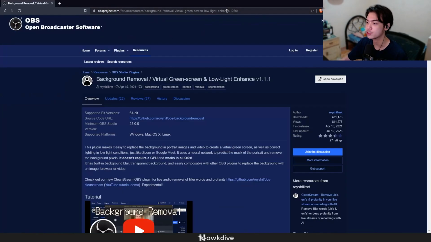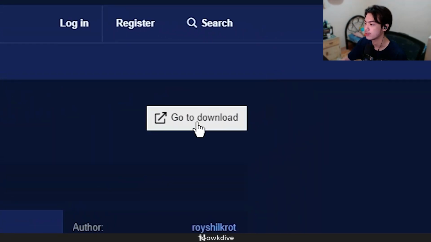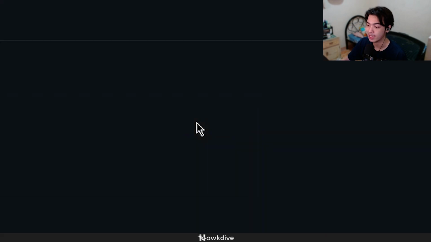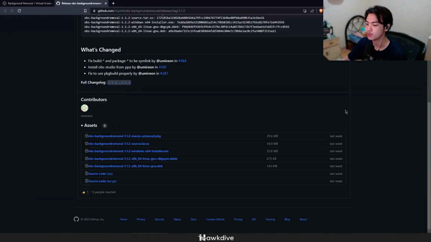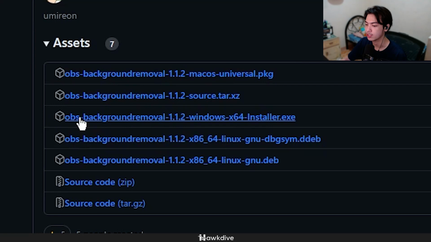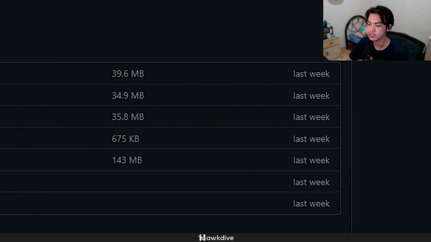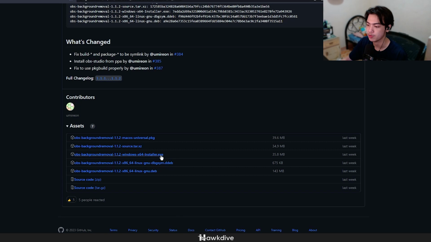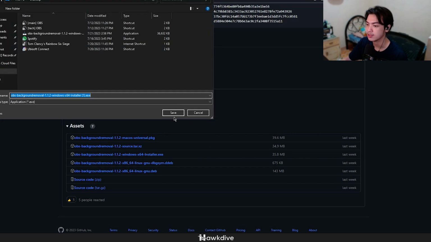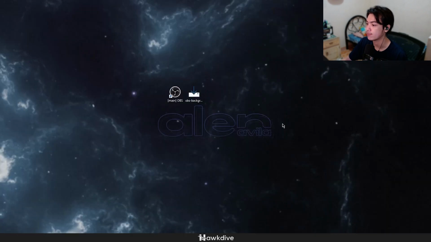So now that you're on this website, we can go ahead and click this go to download link right here. It's going to be a GitHub website. So now you just want to scroll down and click on the OBS background removal, or the latest one, whatever version it says right here. As you can see, this was just updated last week. So we can go ahead and download this one. Make sure it's the installer.exe. Then you press that. I'm not going to save it again since I already have the file on my desktop,